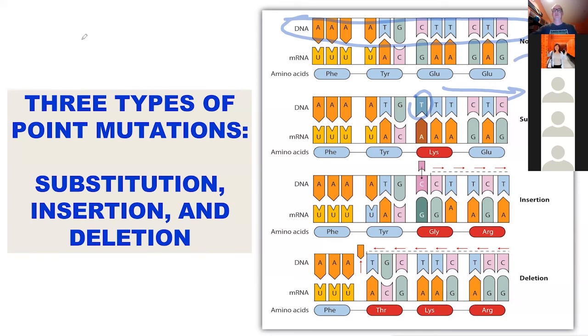So we've gone from GAA to AAA on the mRNA. Now that's going to make a huge difference, because glutamic acid is an acidic